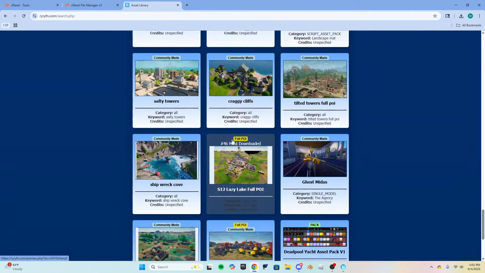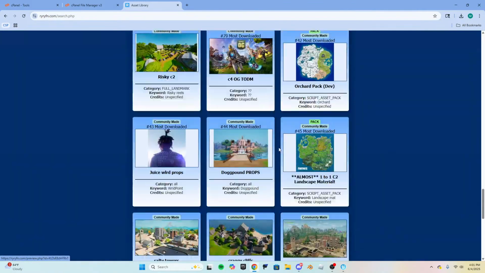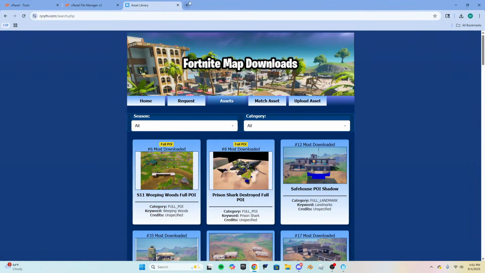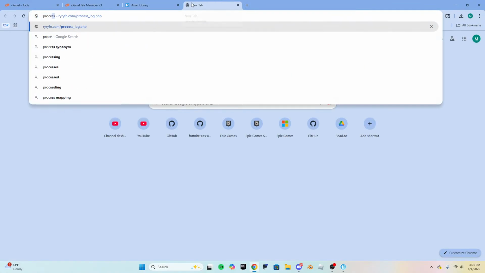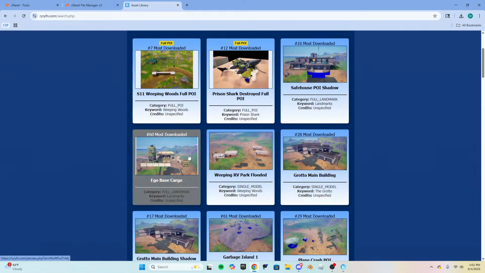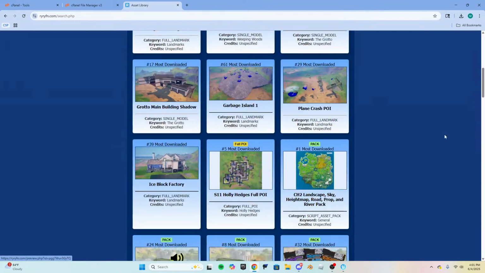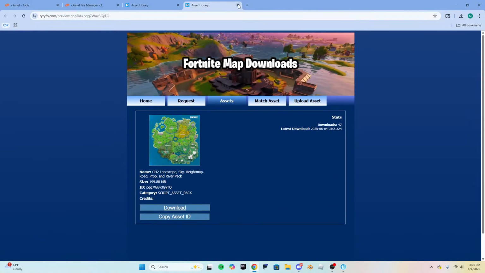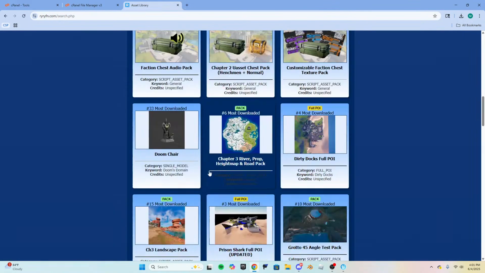Okay. Let me rerun my process log script and let's see what's now the number 1 most downloaded. Still is chapter 2 asset pack with 47 downloads.